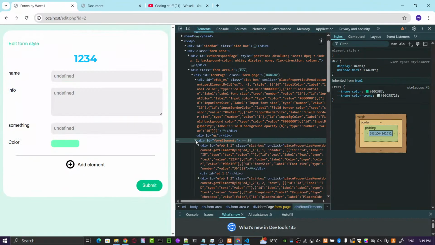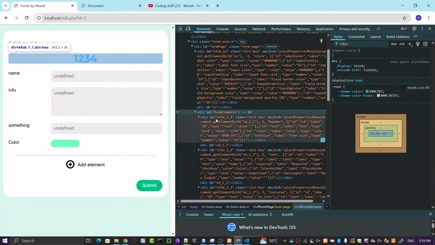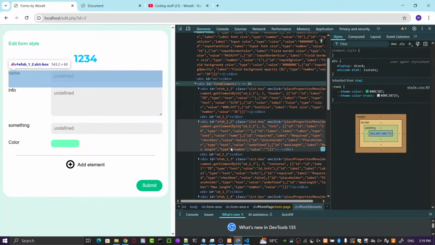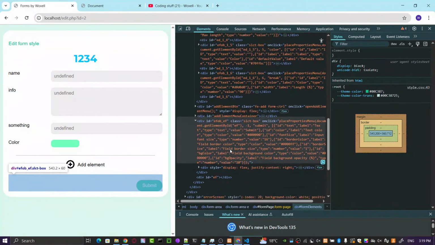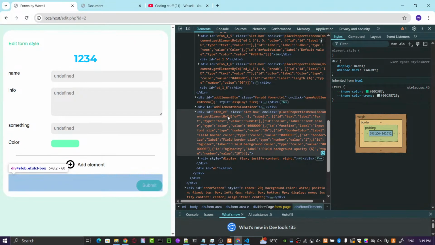Okay, we have the form elements, and then we have each ID here, and then we have the submit. Okay, the submit has this.